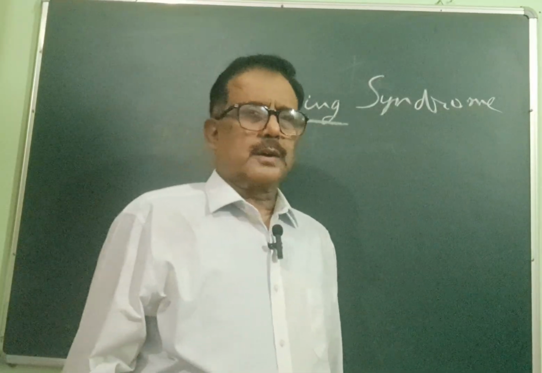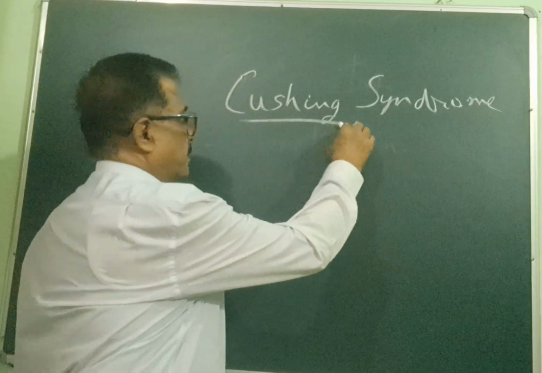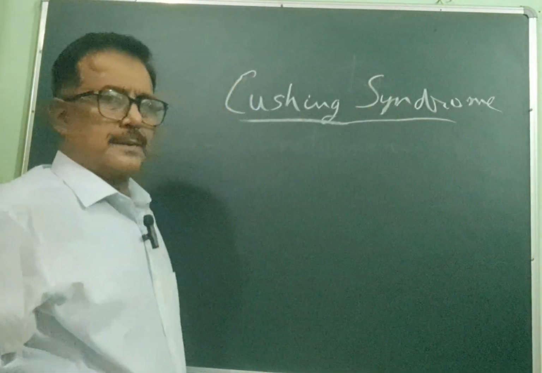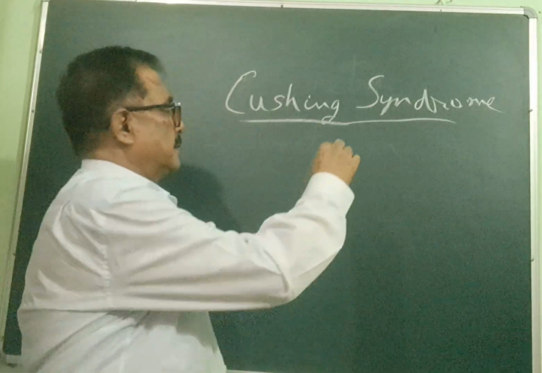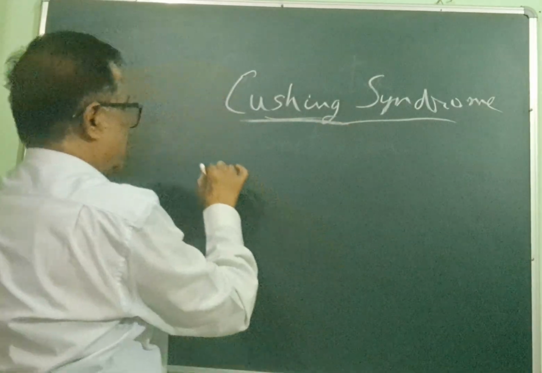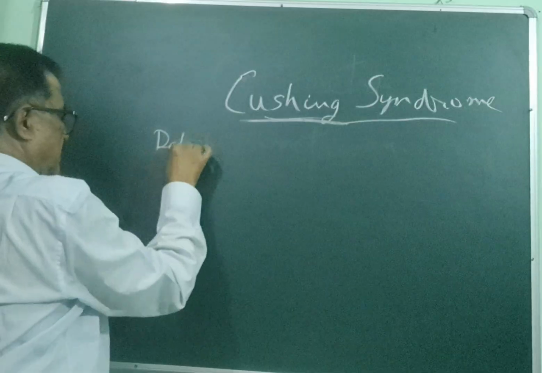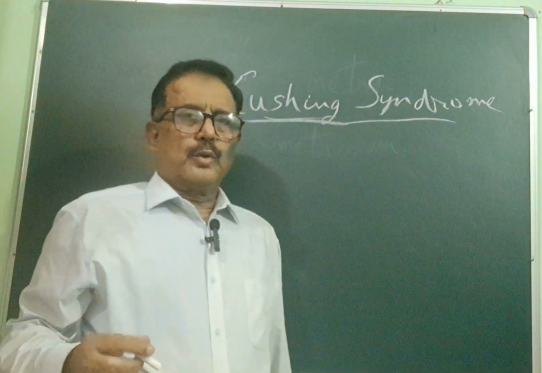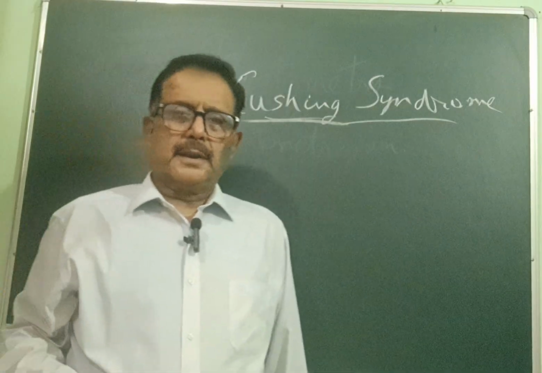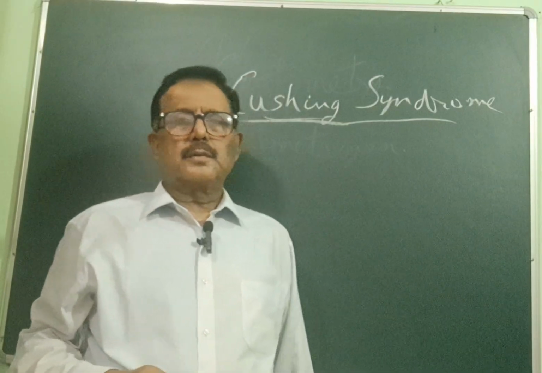I am going to talk about Cushing Syndrome. Cushing Syndrome was first described by Harvey Cushing. Therefore, it is Cushing Syndrome. Definition of Cushing Syndrome: Cushing Syndrome is a group of symptoms that is produced due to prolonged excess